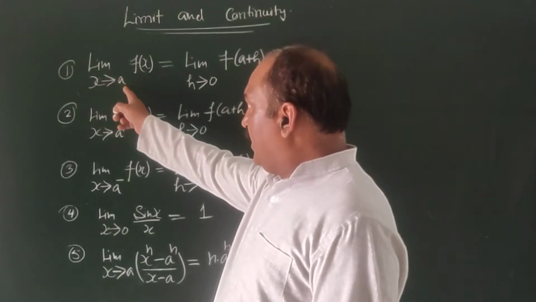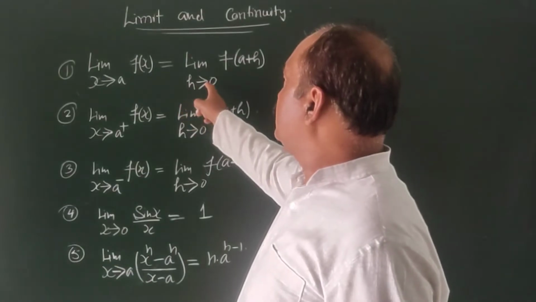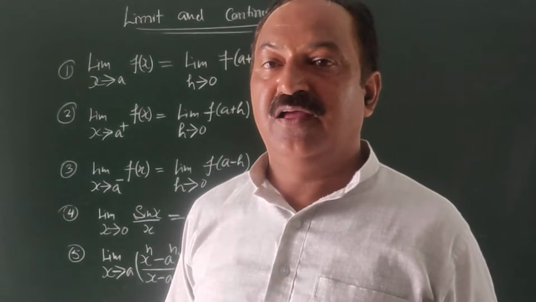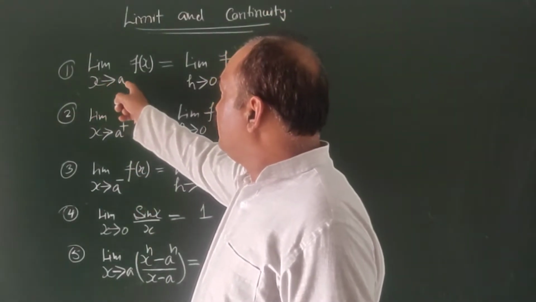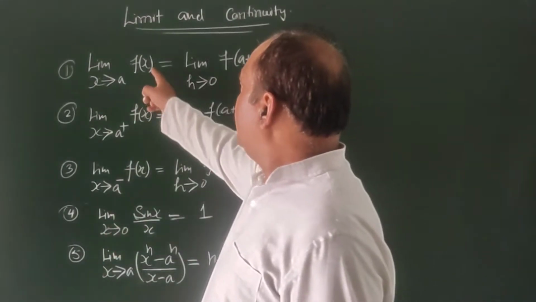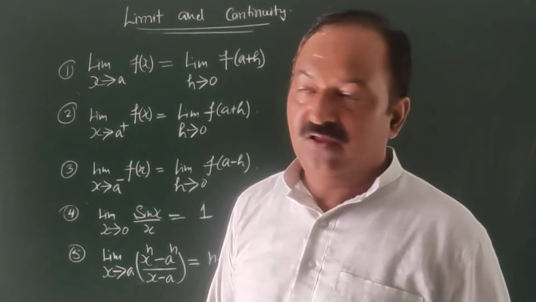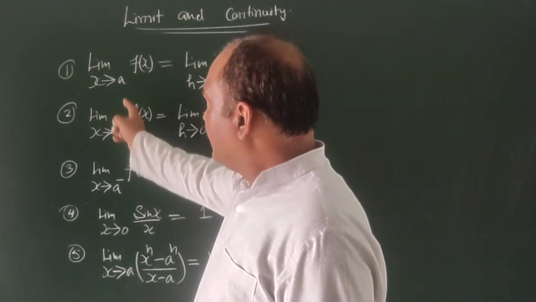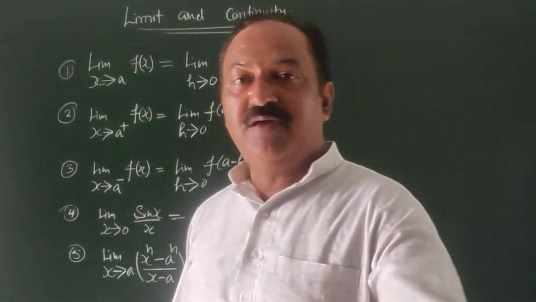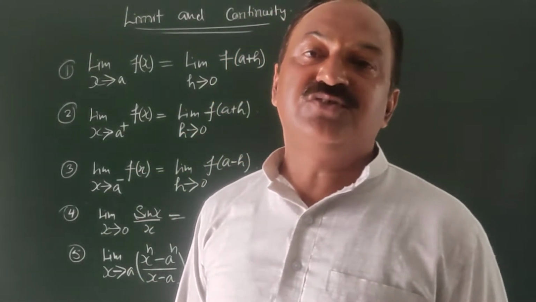यदि x अप्रोचेस टू a हो तो इस लिमिट को हमने h अप्रोचेस टू अनदर वेरिएबल h अप्रोचेस टू 0 में कन्वर्ट करना है और x के स्थान पर a प्लस h लिखना है। तो ये लिमिट जो है वो x अप्रोचेस टू a से h अप्रोचेस टू 0 में कन्वर्ट हो जाएगी। तो लिमिट h अप्रोचेस टू 0 f ऑफ a प्लस h। और यदि राइट लिमिट है किसी फंक्शन की तो भी ये x के स्थान पर a प्लस h फंक्शन में और x अप्रोचेस टू a प्लस के स्थान पर h अप्रोचेस टू 0 सब्स्टिट्यूट करना है।